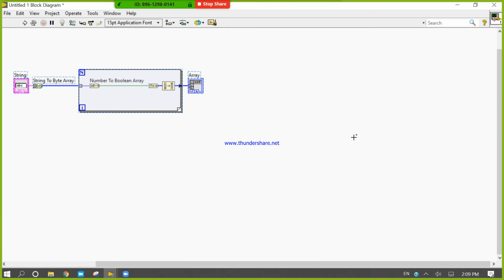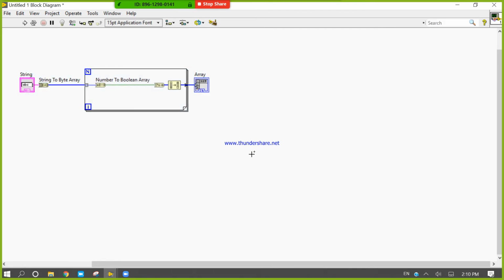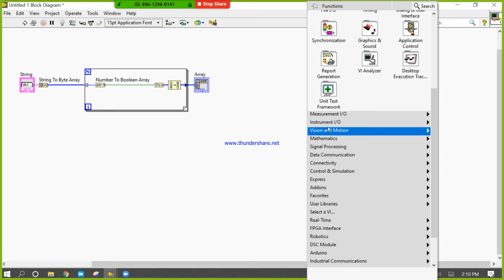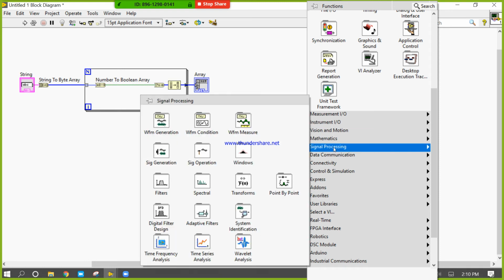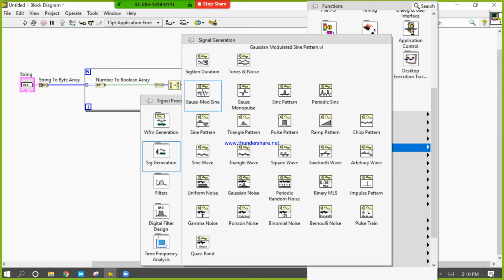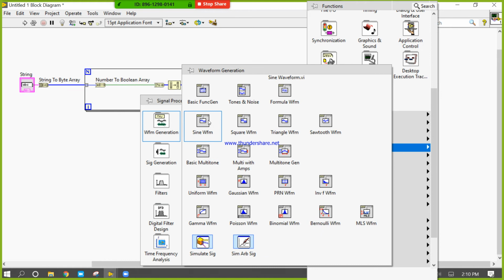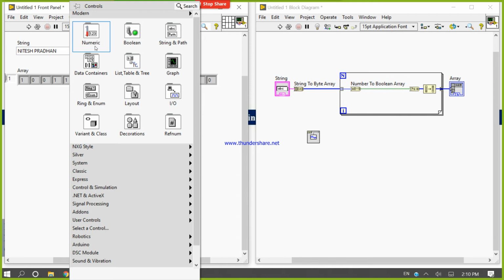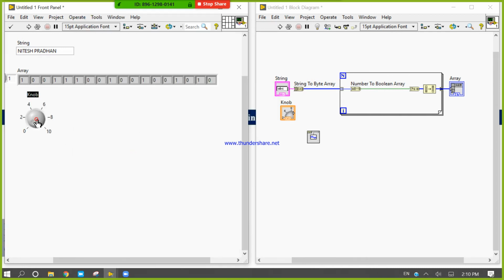What will happen if we multiply this array by a sine waveform? Let's see. Now come to the front panel, right click, take a frequency.